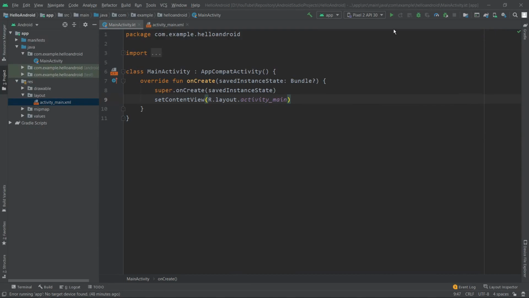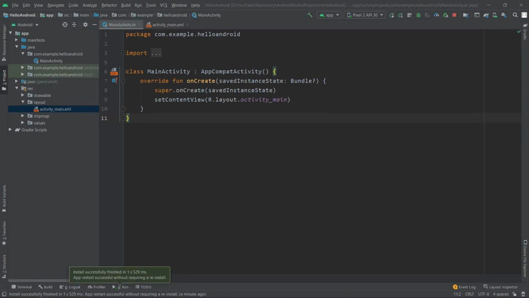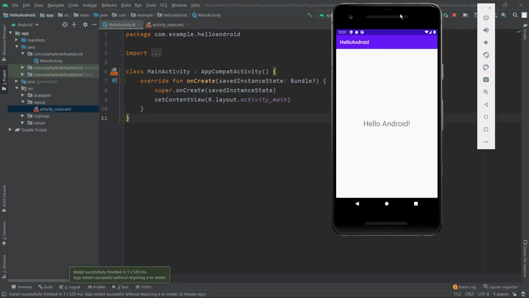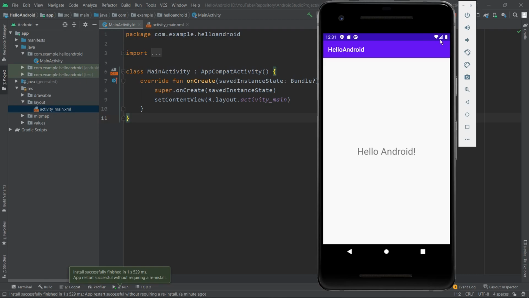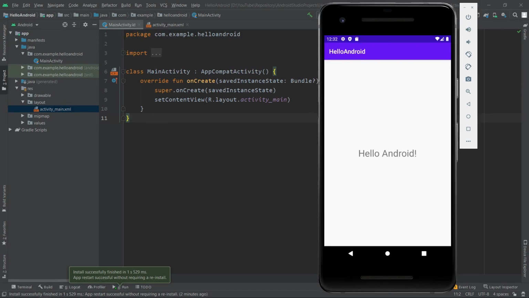Our device also appeared over here next to the Start button, and we can run our application by simply clicking this Start button. After a few seconds, the emulator should appear on the screen, and it should by default open your Android application. And as you can see, we have our application over here in the emulator with the text Hello